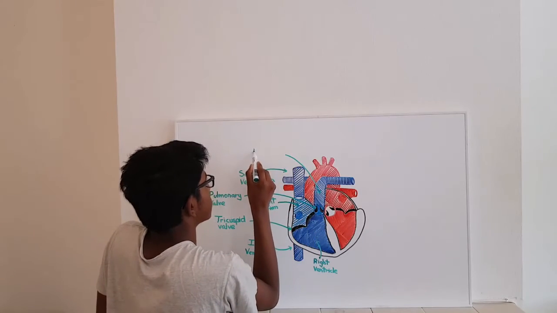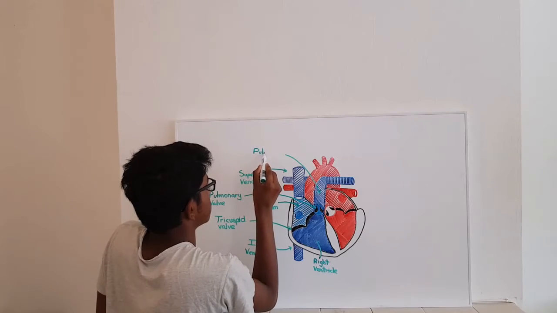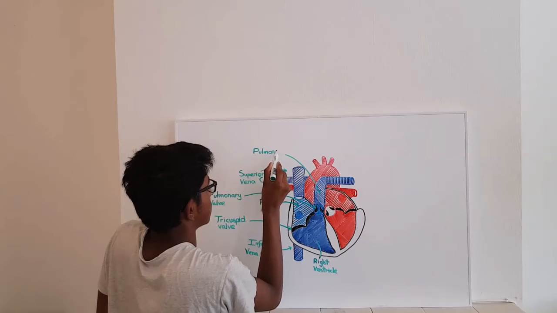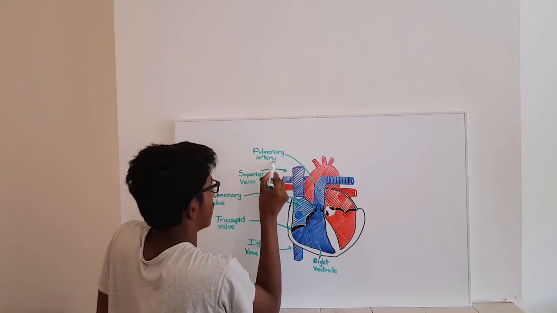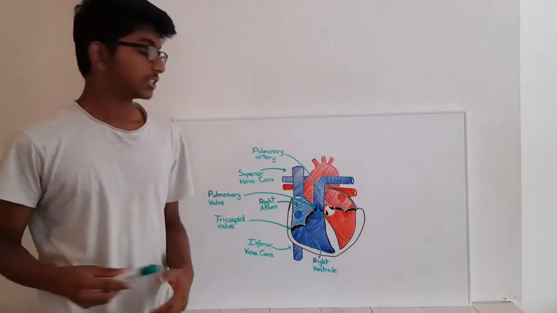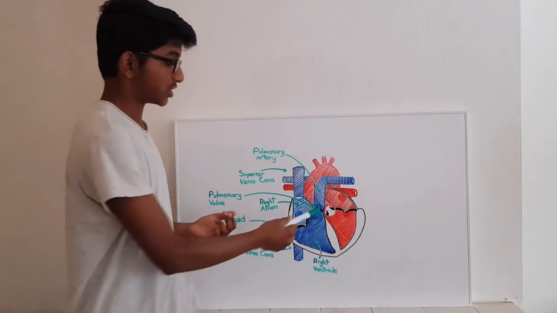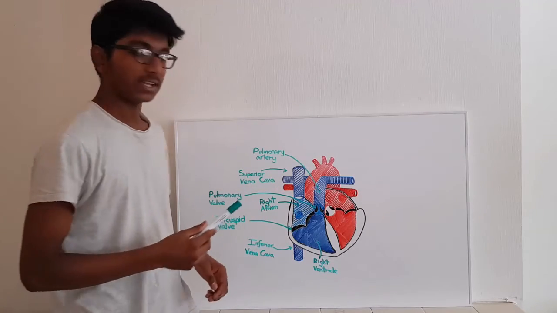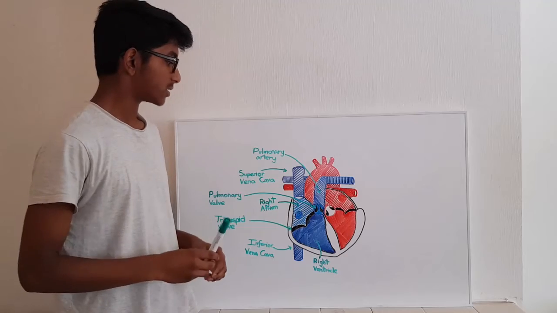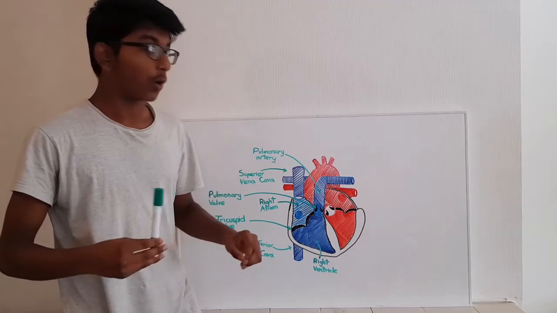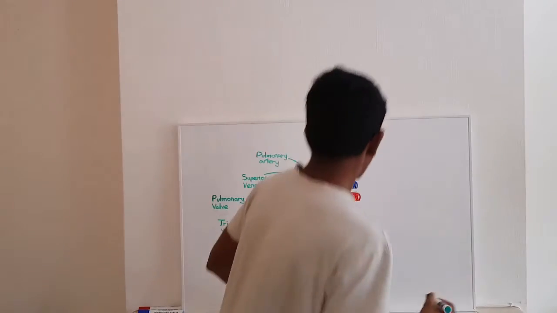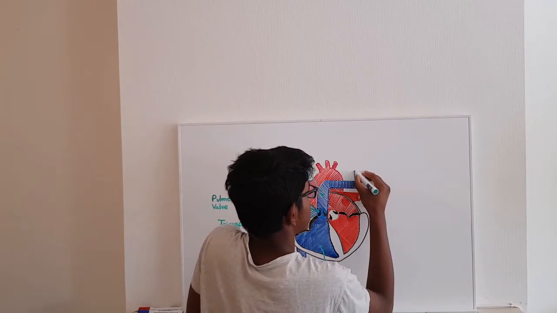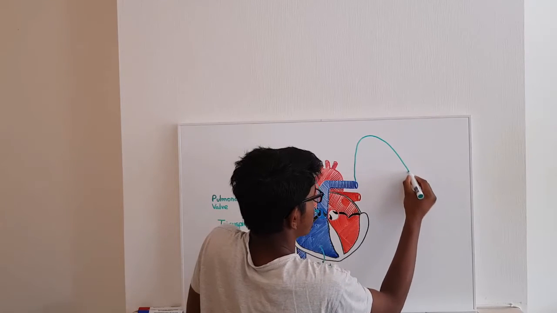Pulmonary, because this time it's going to the lungs. Pulmonary artery. And don't get confused into thinking that this is a vein just because it's shaded blue. No, arteries carry blood away from the heart, and this artery is carrying blood away from the heart into the lungs. I'm actually going to draw the lungs so that it's easier for you to visualize where they sit